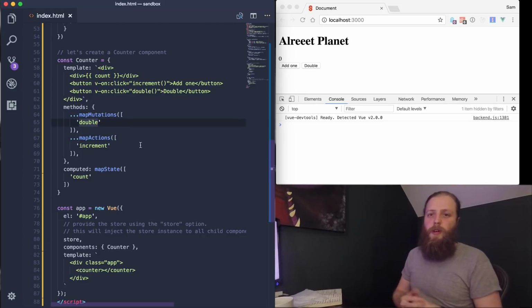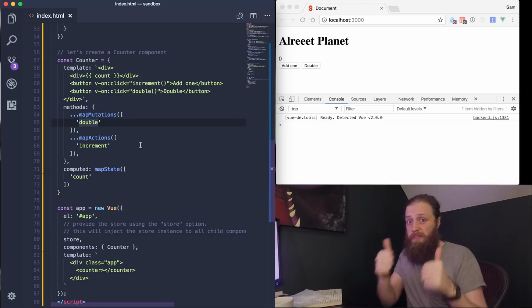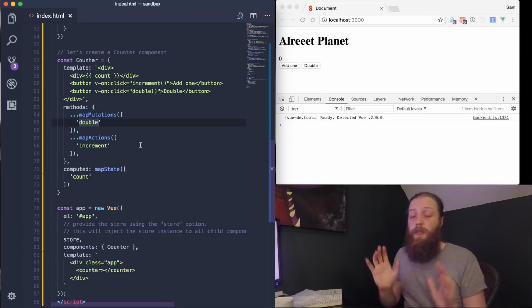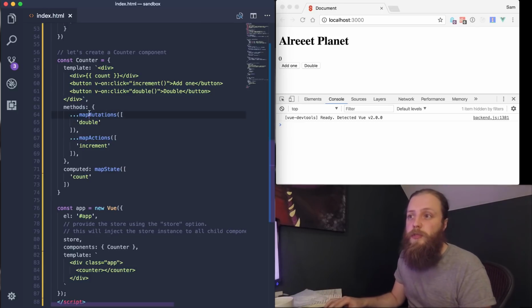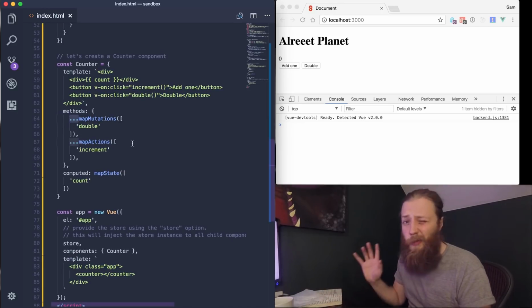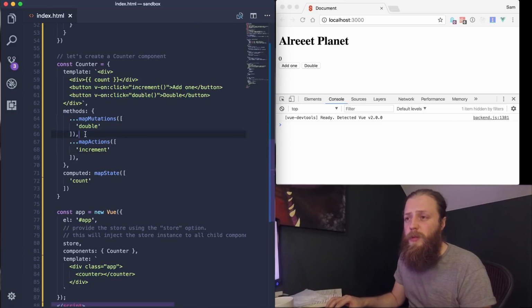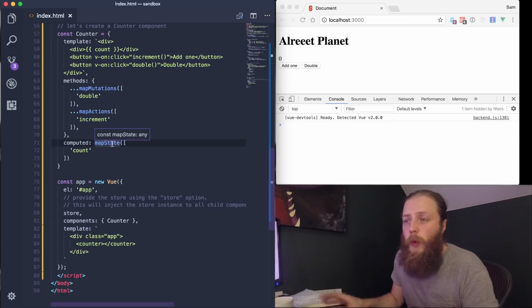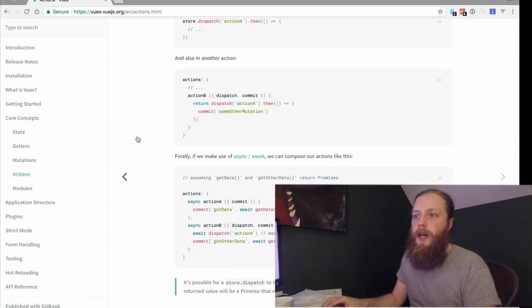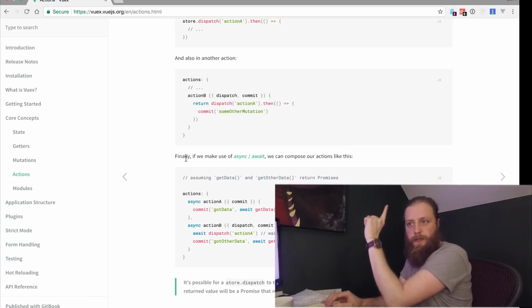Look at the description for an example on spread, because it's pretty good. ES6 is, if you've not learned ES6, I would recommend learning it. There's all sorts of things like this that could really help out and can confuse you if you don't know what's happening. I keep saying ES6. I should say that it's now ES 2015. Okay, so that's actions. We have one thing left, and that is